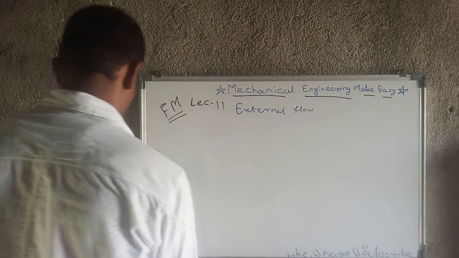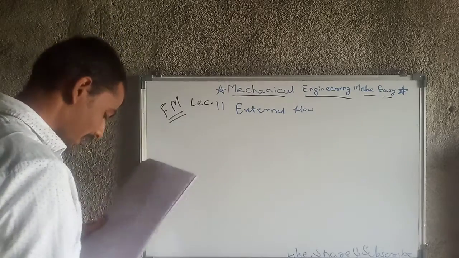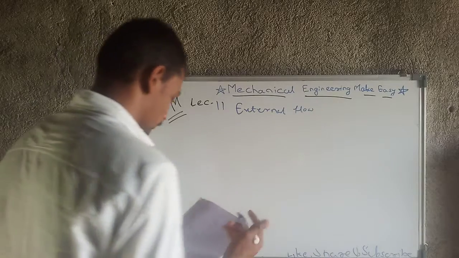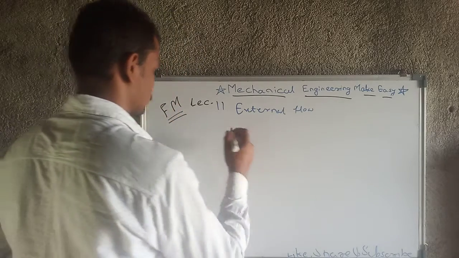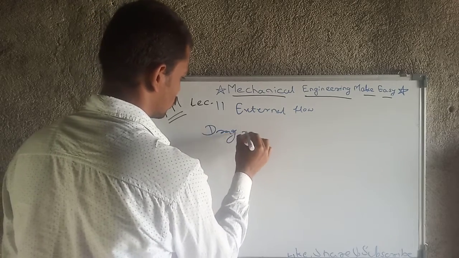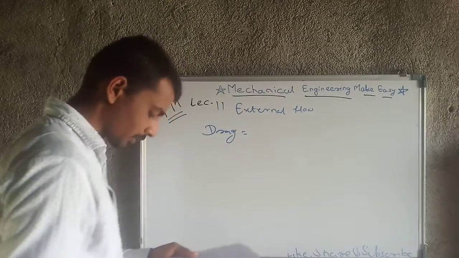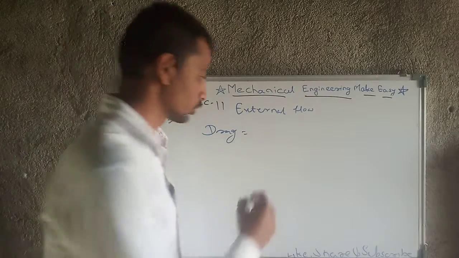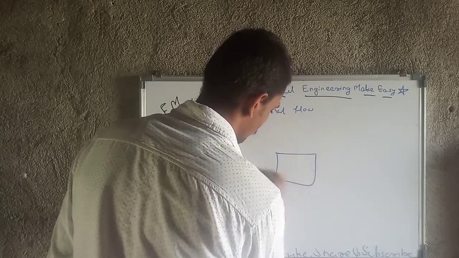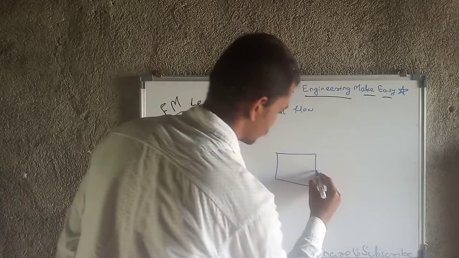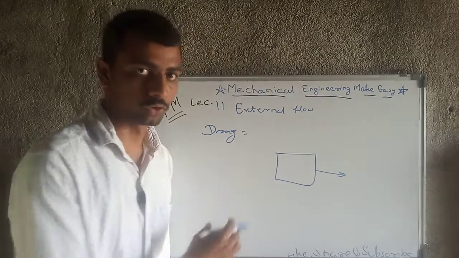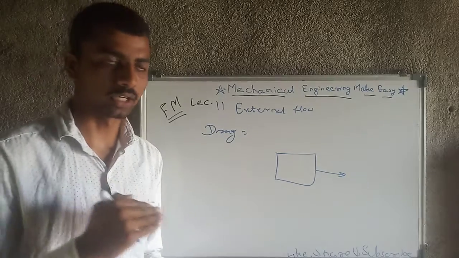Then the next parameter is drag and lift, which I spoke about before, when I was explaining the concept of boundary layer. So drag. Drag is nothing but a component of the total force. Okay, firstly I will give you one example. Assume this is a submerged body and the body is moving in this direction. Okay, so component of total force means forces may be vertical, horizontal or anything.